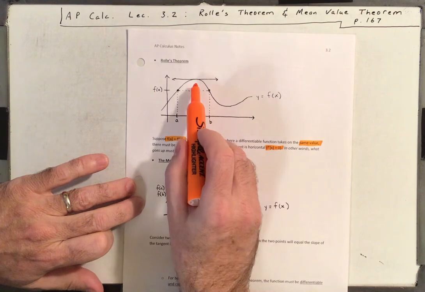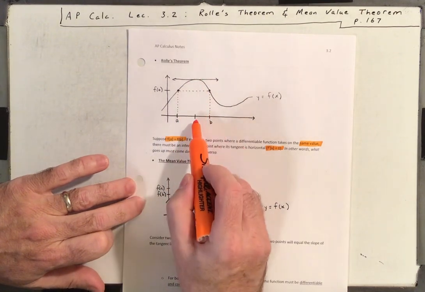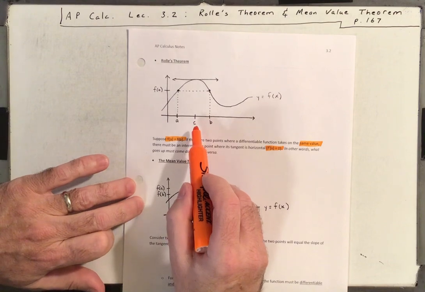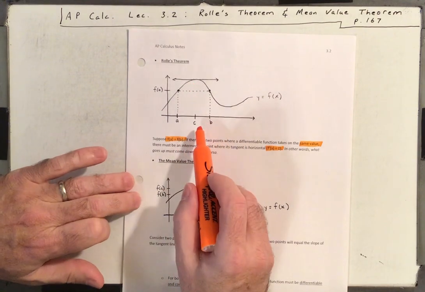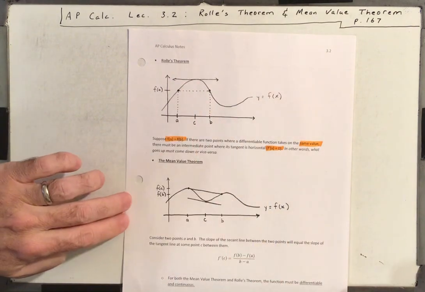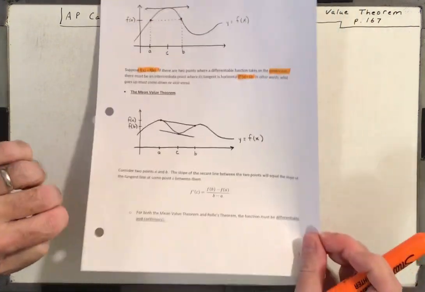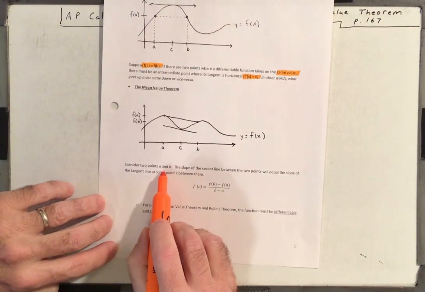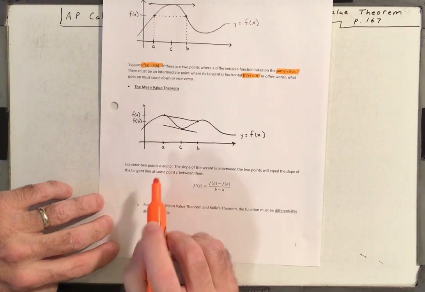So the way I drew this, it's in the middle. Point C, where there's a horizontal tangent line, is in the middle. It doesn't have to be in the middle. Okay, that just made for a nice, pretty graph. That is Rolle's theorem. Okay, the mean value theorem states that consider 2 points, A and B, the slope of